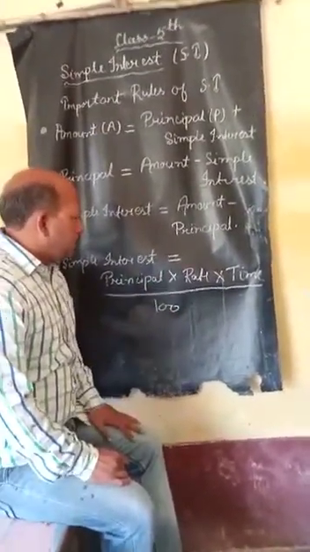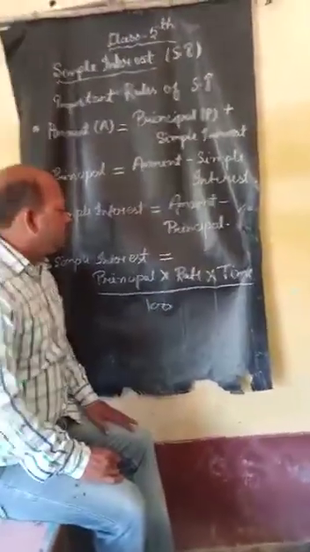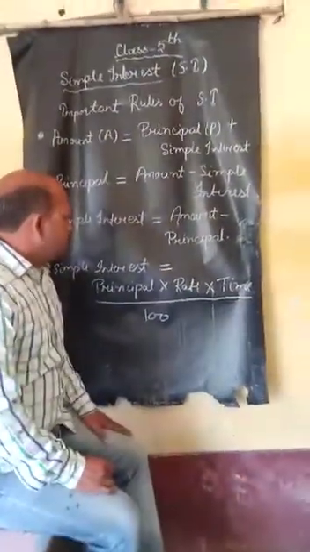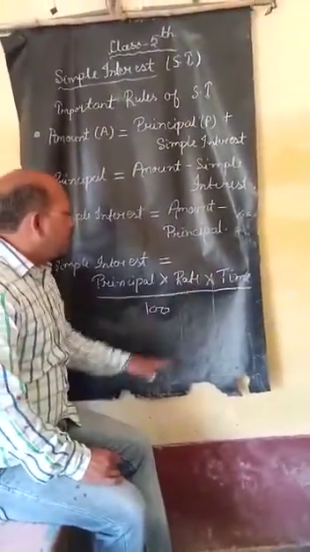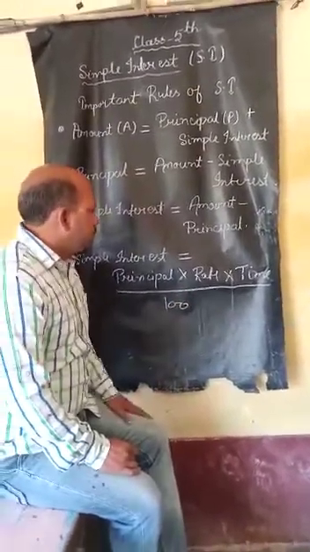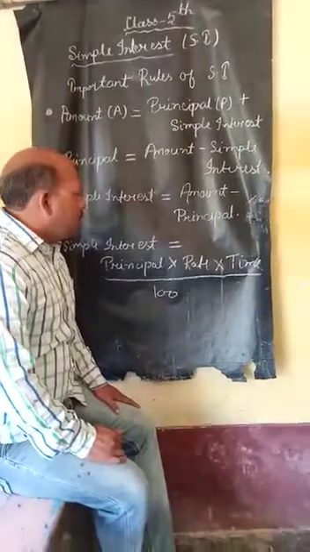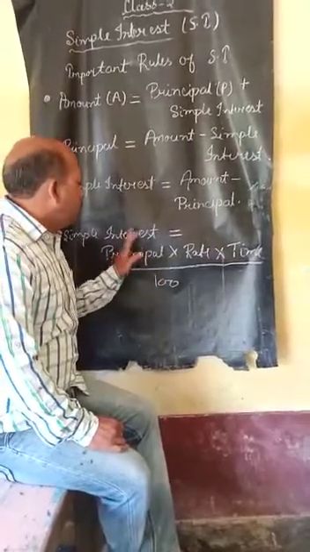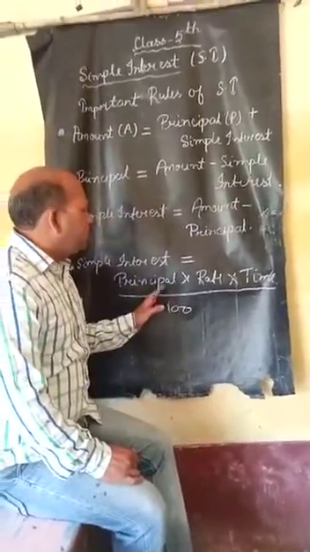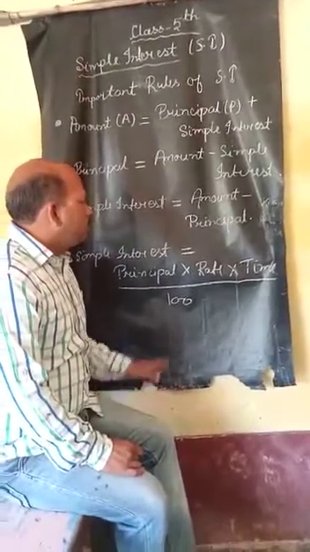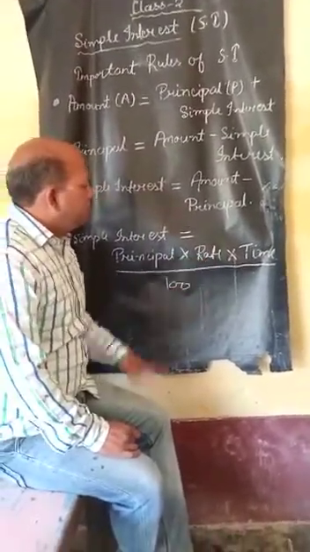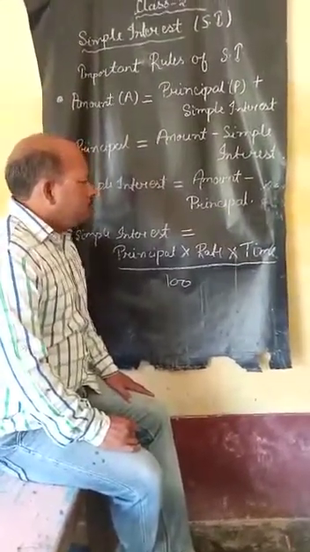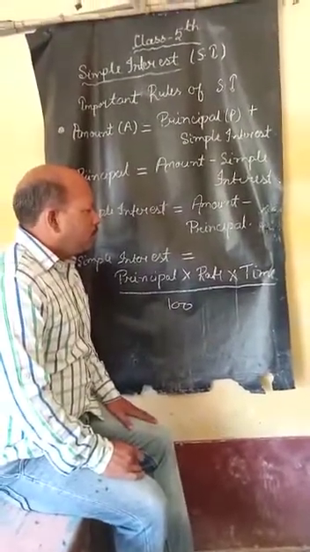This formula calculates on 100. If a person takes 100 rupees at a rate of 100%, or the time is changed, the amount will change. Our interest will depend on the principal. If the principal is more, then our interest will be more. It will depend on time. If your time is more, then it will be a big amount. If the time is less, our amount will be little.